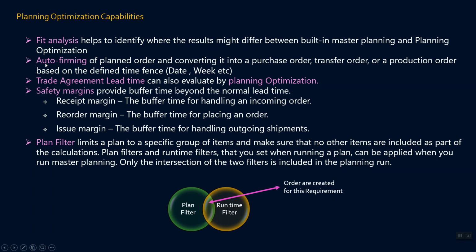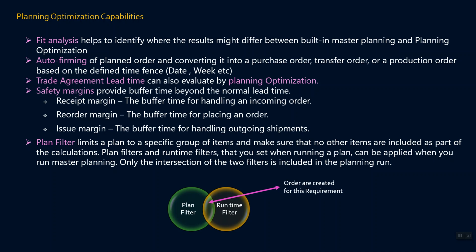You can also use the feature of auto firming of the plant orders, trade agreement lead times you can define, safety margins with lead times or buffer times can be defined, plan filter. So this is something new which has come in planning optimization, and based on this filter,